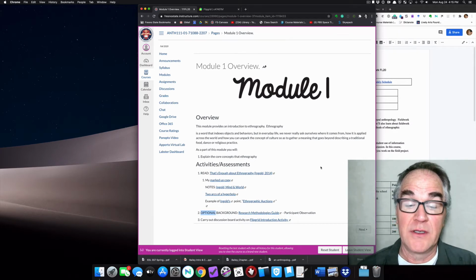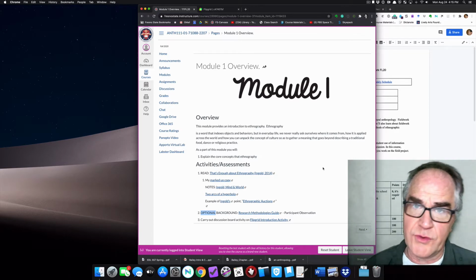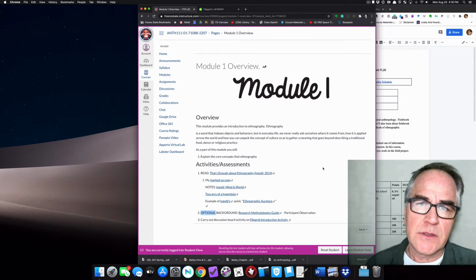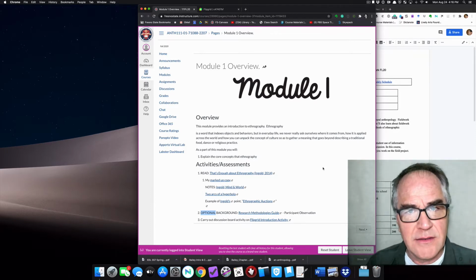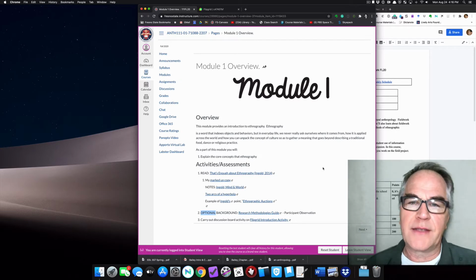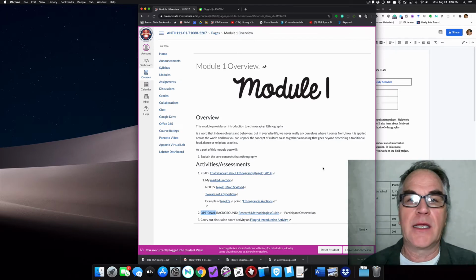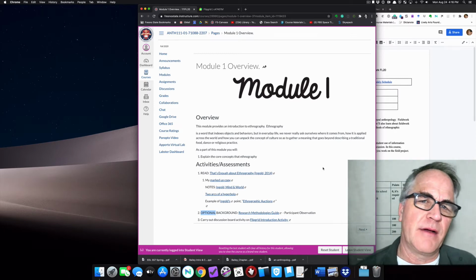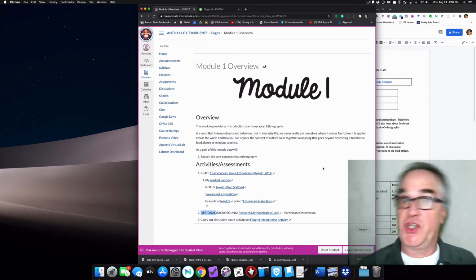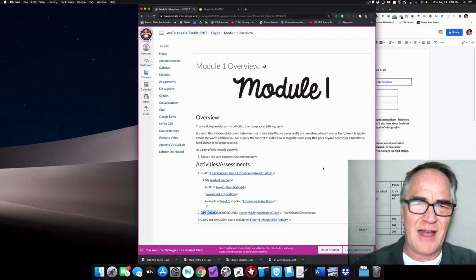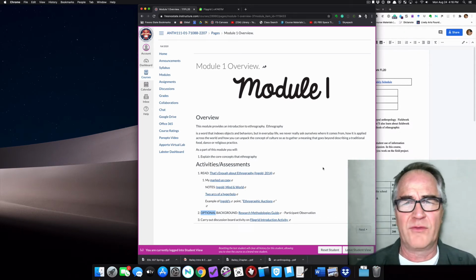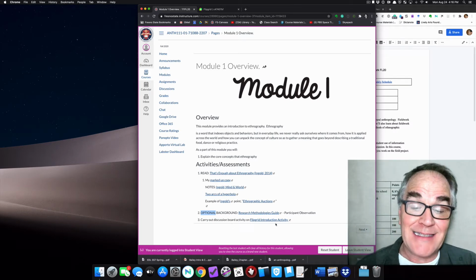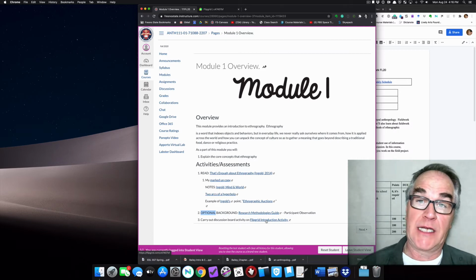Also, there's another optional background. Anytime you see optional, that means for those who want to do the very least amount of effort possible, and potentially learn the least. That is your choice. I practice Aikido grading. I don't want to get in the way of you working for that C. But I'm not saying you have to do these things to get an A either. It's just that I put in a lot of extra stuff, but don't feel you have to read any of it if it says optional.